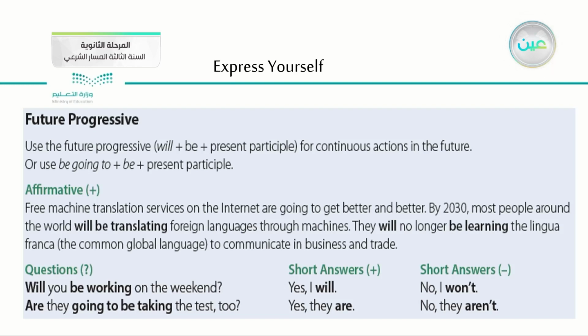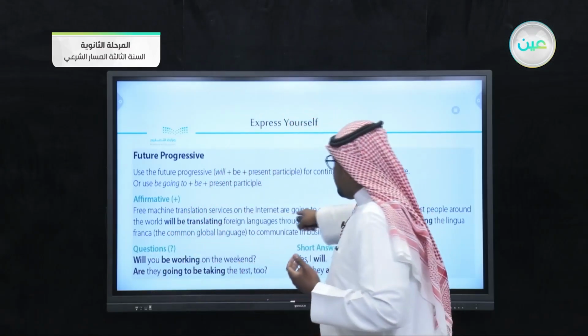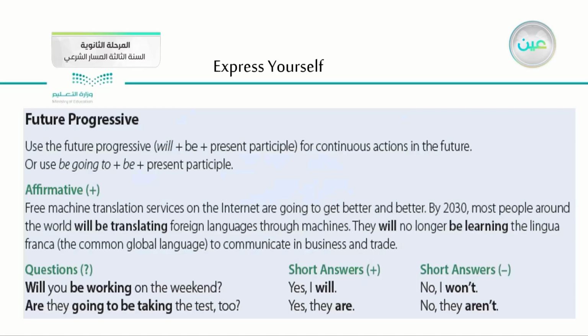Of course, we can use this structure through affirmative and questions, okay? You know what we mean by affirmative? Of course, it's a sentence like this, which is in its base form, okay? And of course, here we have questions. We have some examples here. As you see here, we have be plus working, and of course here we have going to plus be plus verb and ing. Of course here we can use it on the level of answers and